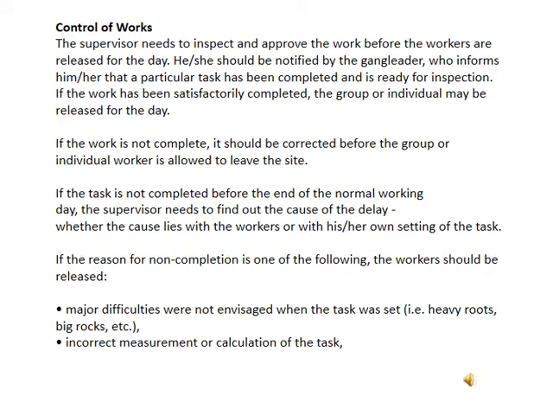With the controls of the work, the supervisor needs to inspect and approve the work before the workers are released for the day. Before workers can be released, the supervisor needs to inspect and approve the work. He or she should be notified by the gang leaders, who inform him that a particular task has been completed and is ready for inspection. If the work has been satisfactorily completed, the group or individual may be released for the day. If the work is not complete, it should be corrected before the group or individual worker is allowed to leave